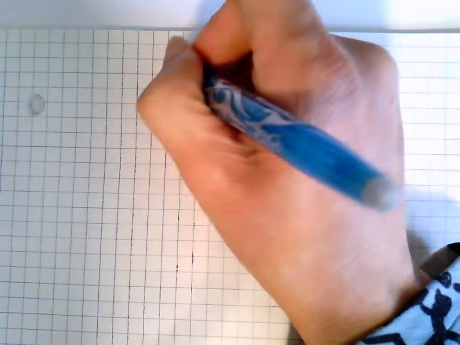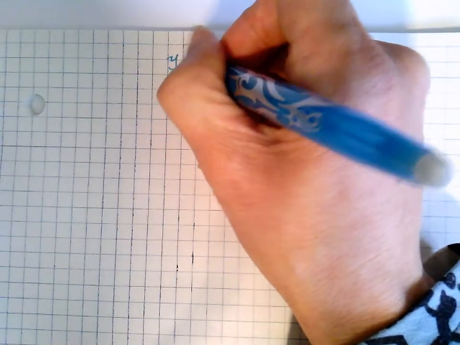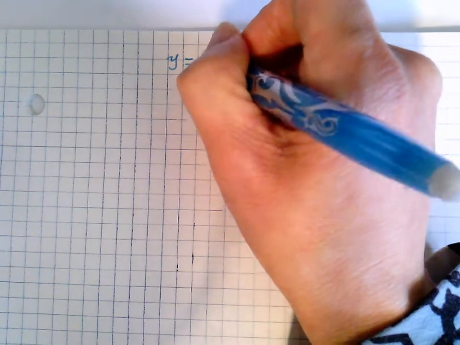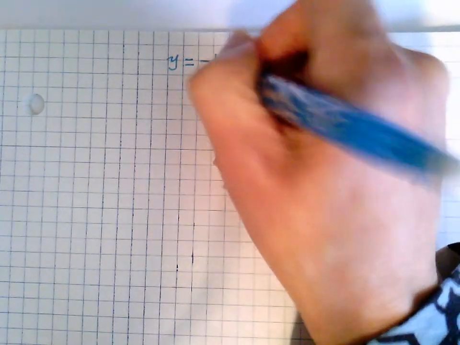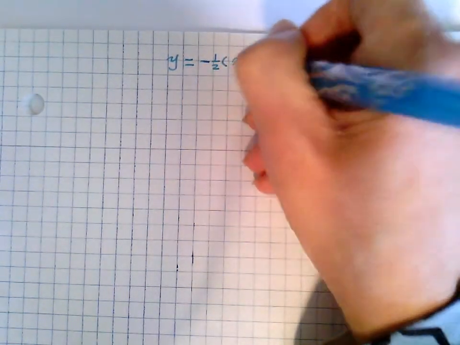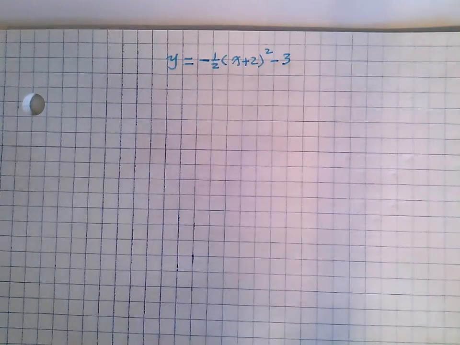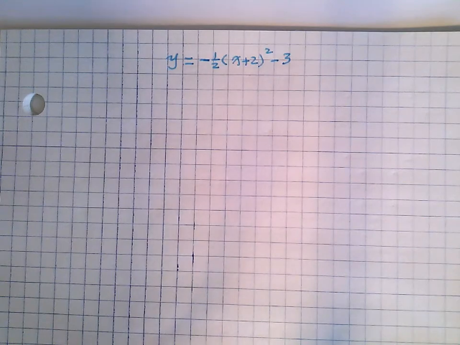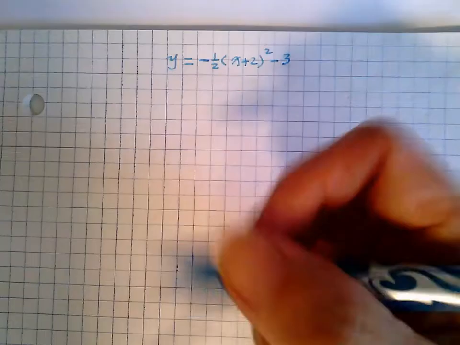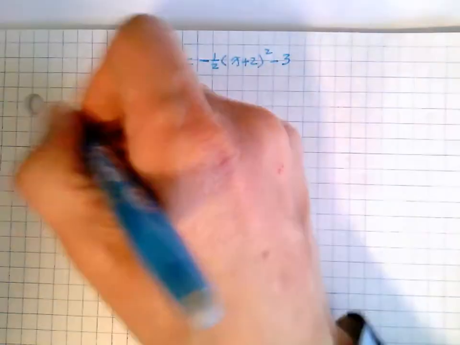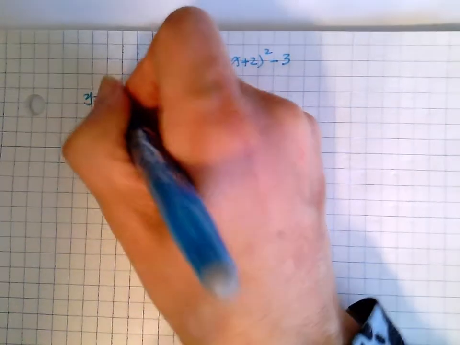I'm going to have another example of graphing based on the transformation. Given the new parabola relation is y equals negative a half of (x plus 2) squared minus 3. Okay, this is your new graph. Now, I'm going to graph this transformation, using the idea of transforming y equals x squared to a new